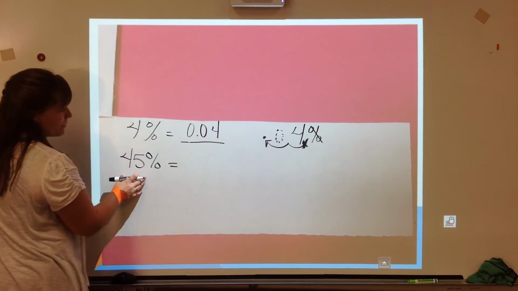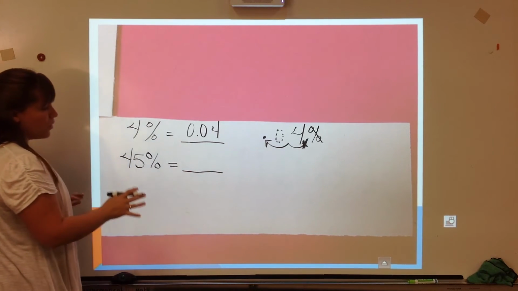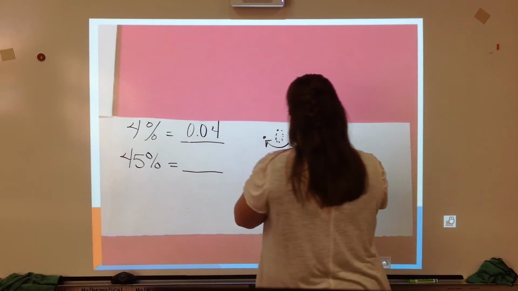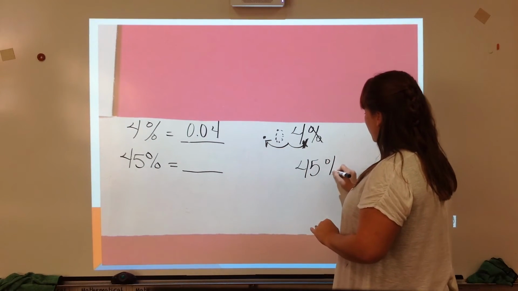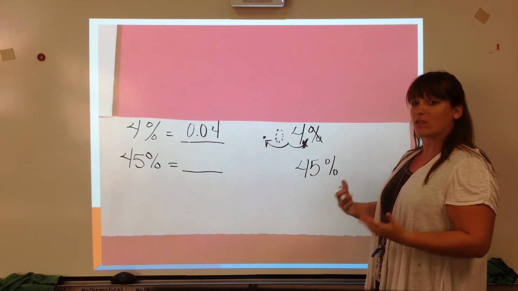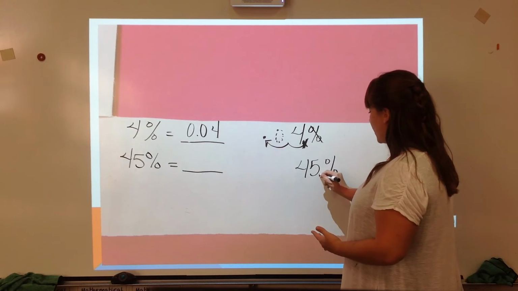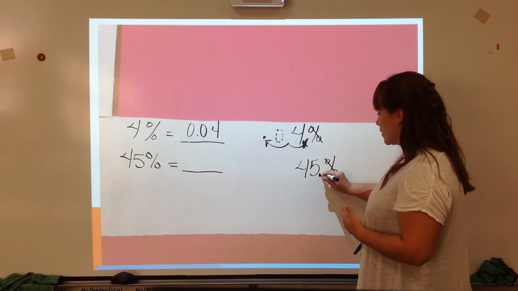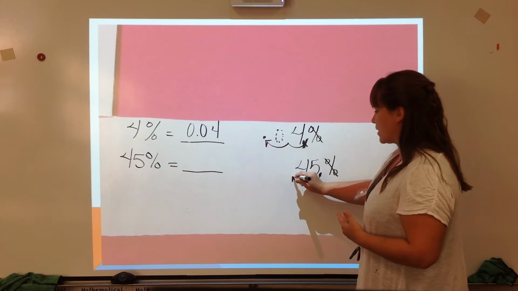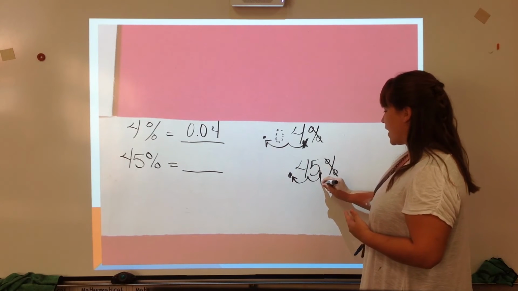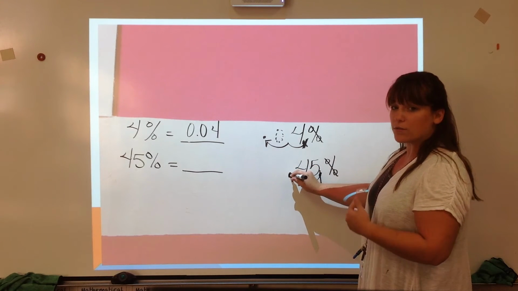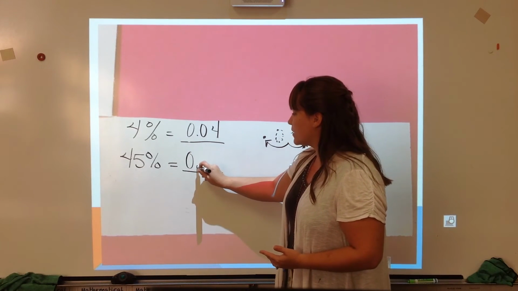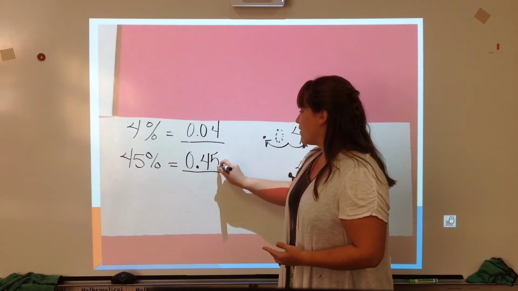How do we show 45% as a decimal without a percent sign? So I know that I'm going to come over here and write the number 45, and when I have the number 45, the decimal point does exist, and it's right next to the 5. But to change it from a percent, we're going to move the decimal point 2 places, and now it's not going to be at the end, it's going to be right before the 4. And so now I do have to put that 0 to hold the ones place,